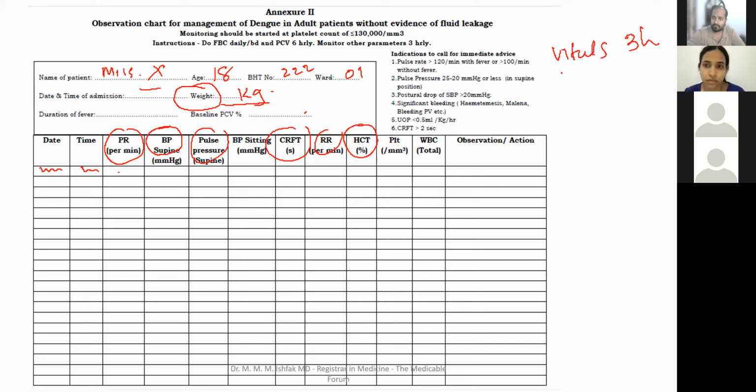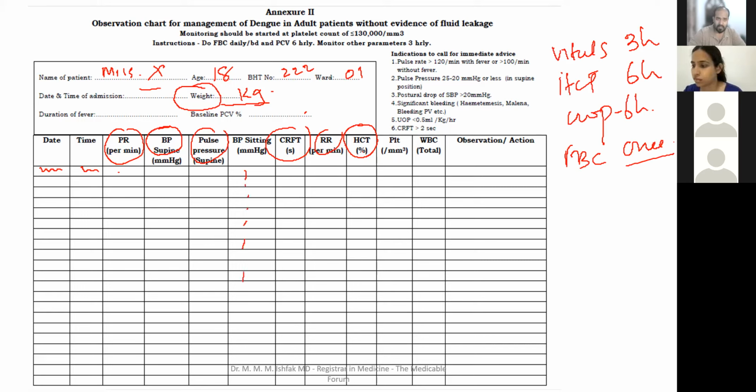So in this blue chart, you monitor vitals 3 hourly, hematocrit 6 hourly, and urine output 6 hourly. Platelets, like a full blood count, once daily is enough. Right? So when you are going through this chart,